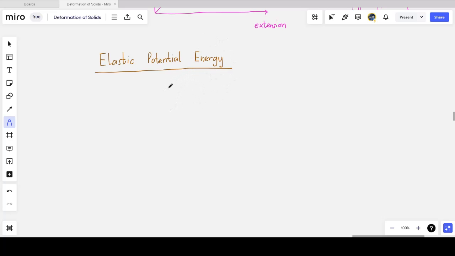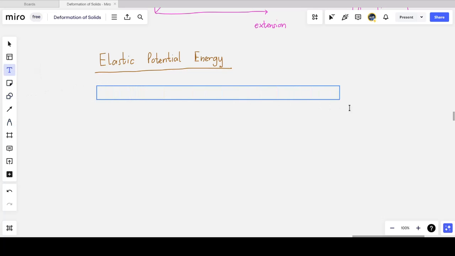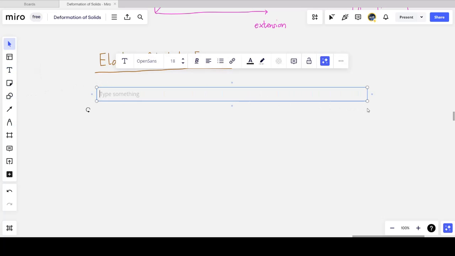So they store energy when we compress them, and they store energy when we expand them. And that's because we are doing work on the object for them to undergo compression or tension. So what is elastic potential energy? Again, just being lazy, I'm going to type it in, saying energy that is stored in an object